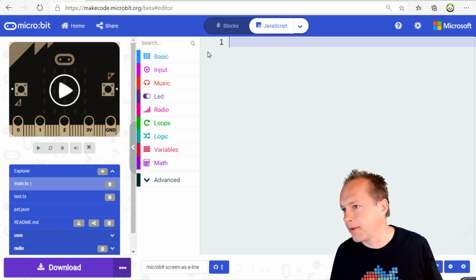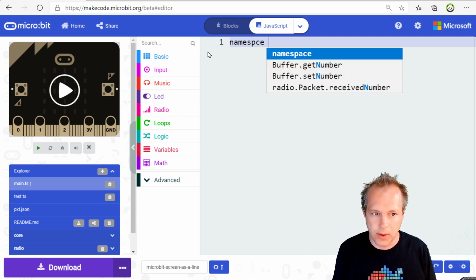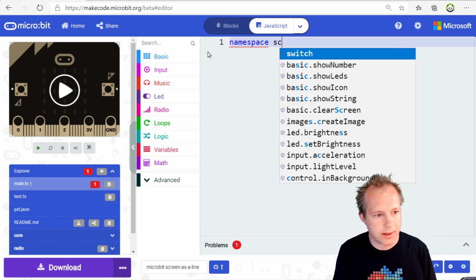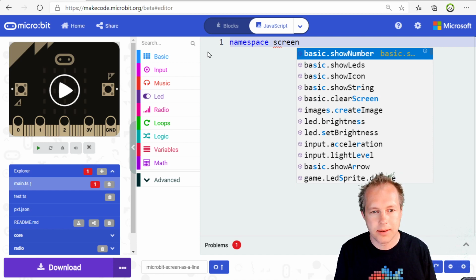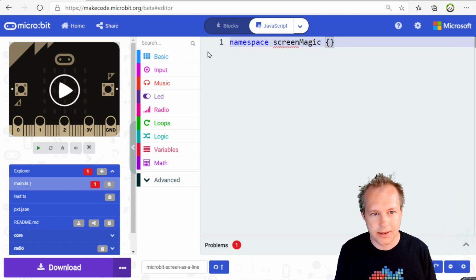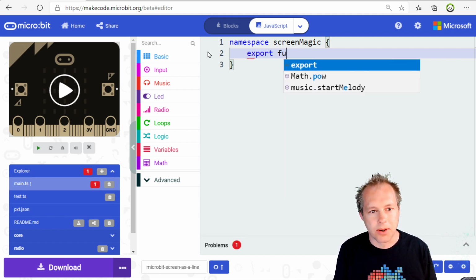All right, there are quite a few extensions out there, so you can look at examples. But typically what you'll want to do is create a namespace for your extension. What did I name this extension? I'm going to call it Screen Magic. That's going to be the namespace. And then typically a block is going to be an exported function in TypeScript, JavaScript. So I'm going to call that